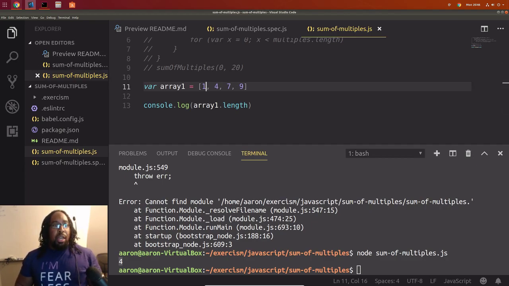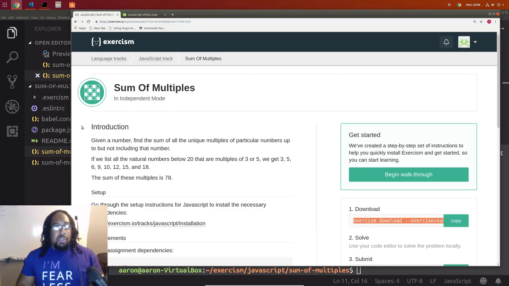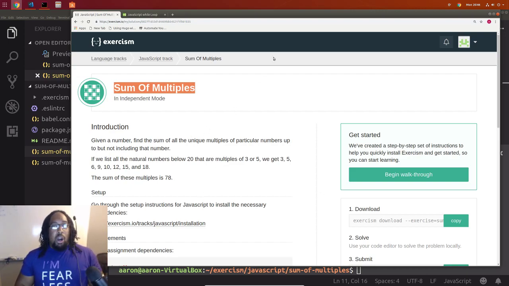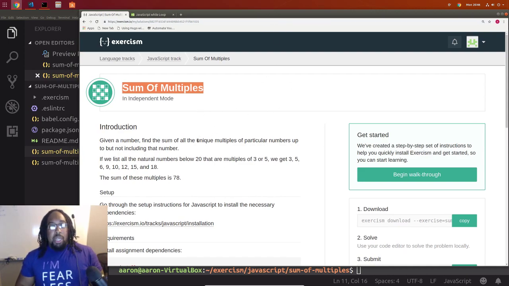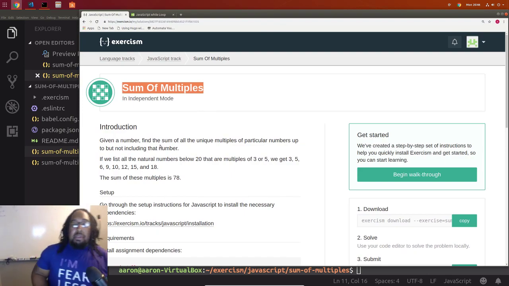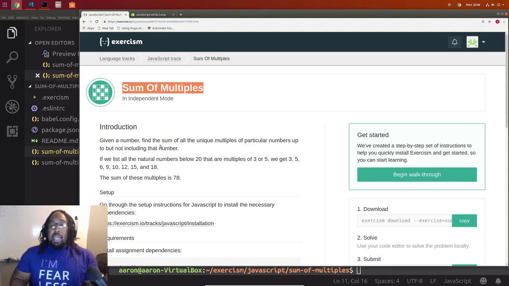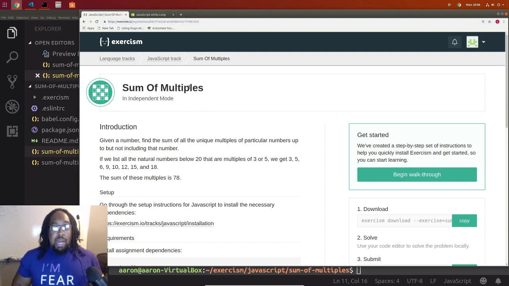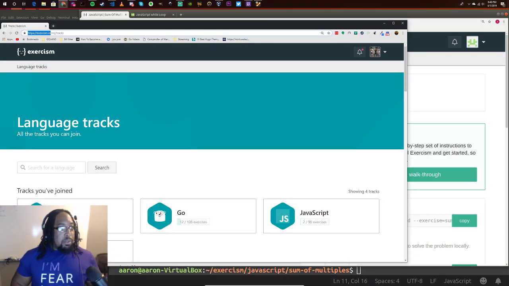It's also important if this is your first time: the problem we are solving is sum of multiples on exercism.io. Basically we're checking all the unique natural numbers under a limit number, and checking what numbers in that set up to that limit are multiples of other numbers that are passed in. It's really annoying, a really dumb problem. And then we're adding those together. So that's the problem we're solving. I can paste it for you.